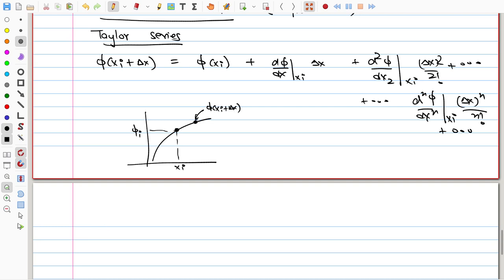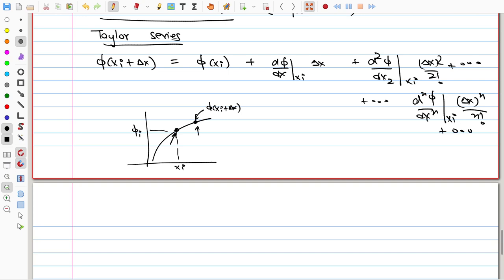I can find the function value here by using the function value at xi and using the values of all the derivatives of the function at xi. Quite an amazing idea. I mean, you are trying to find the function somewhere else, but you can do that by finding the function to the left of it using the function value at that left point and all its